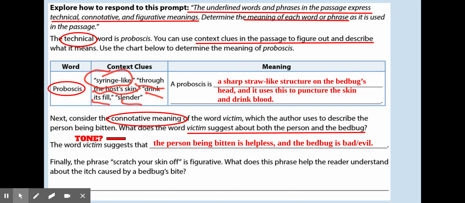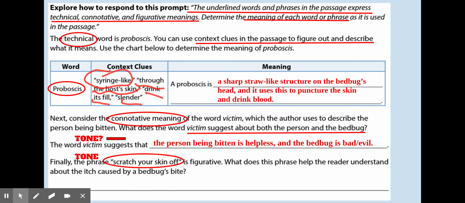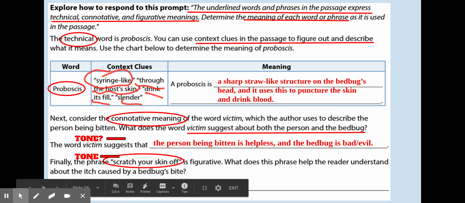Yeah. All right. And finally, the phrase scratch your skin off is figurative. Now, we're going to think about the tone for this phrase as well. Is this hyperbole? Is it positive, negative, or neutral? Well, this hyperbole, which is an extreme exaggeration of how much you're going to scratch, is negative. It is not a happy phrase. It should make you feel like you're going to be in